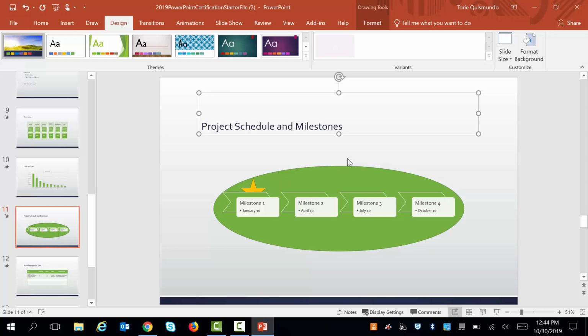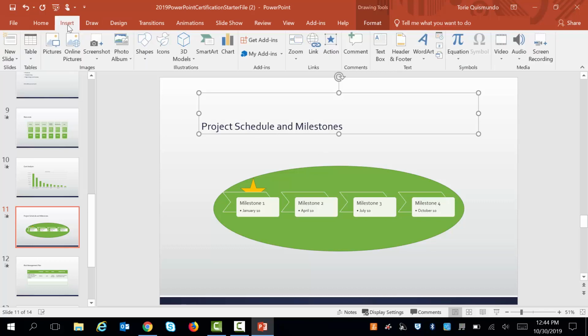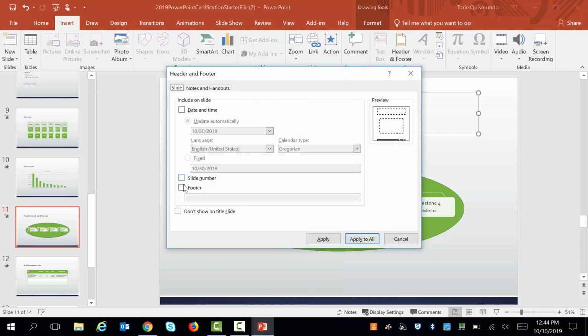Awesome. Let's take a look at task number 8. Task number 8 says insert the word draft to the footer on all slides except the title slide. To insert a footer, I'm going to go to the Insert tab, and I'm going to choose Header or Footer. Well, I'm going to click for my footer and type into my footer what I would like for it to say, and they said make it say draft,